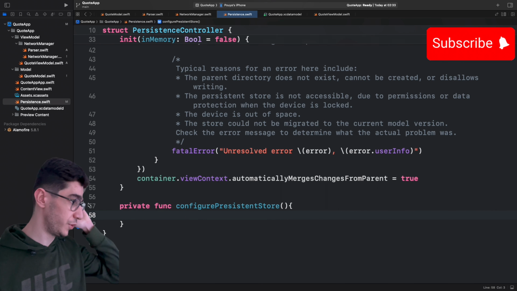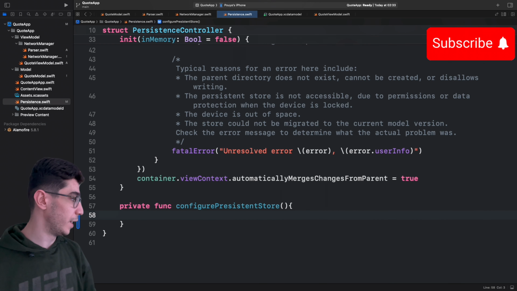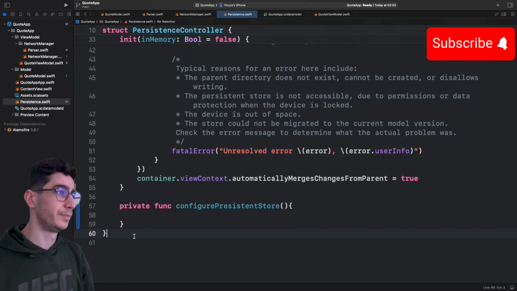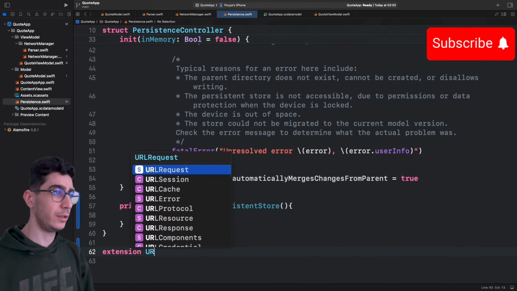Here in our function we have to add an extension. So we have an extension for the URL, and this is a static func,